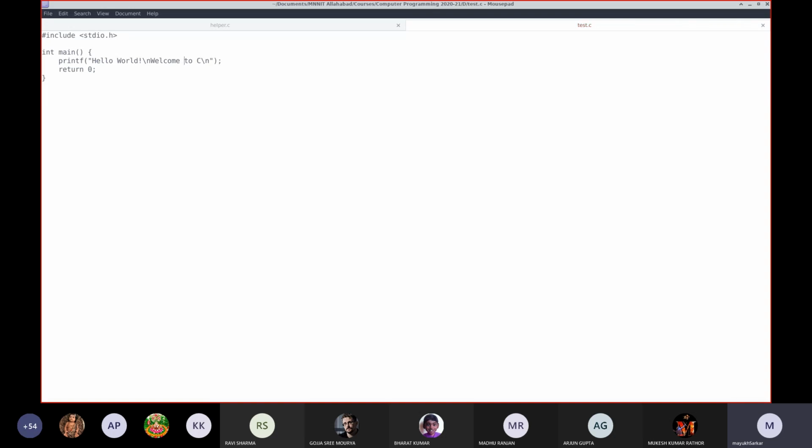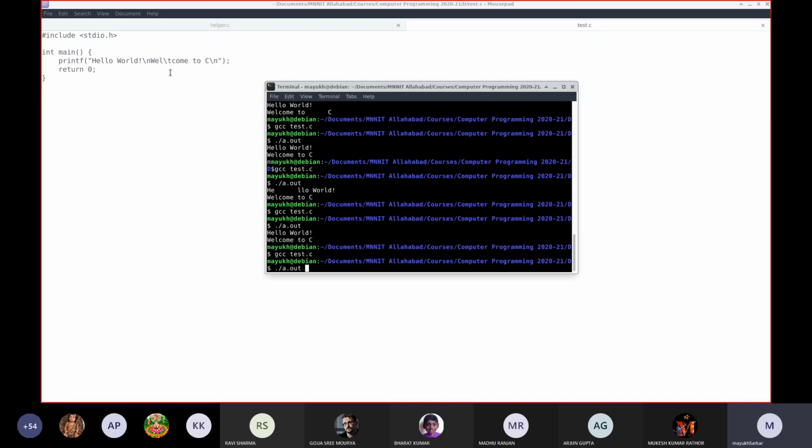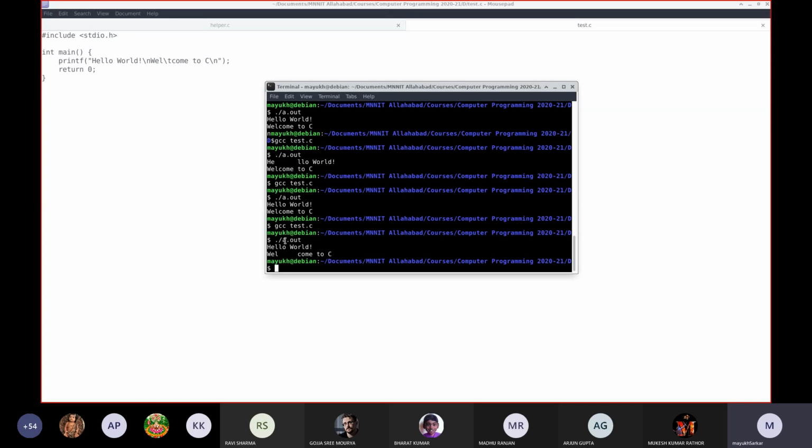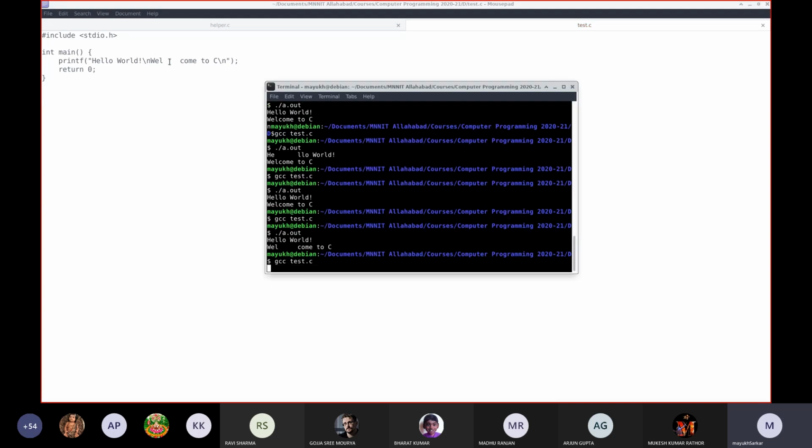But well, I'll check this out. But in general /t gives you a space equivalent to 4 spaces. This is equivalent to 4 spaces because if I give 4 spaces here, 1, 2, 3, 4, you will get the same output.